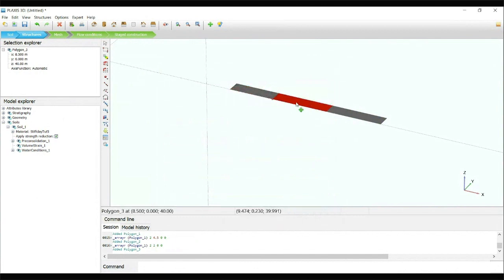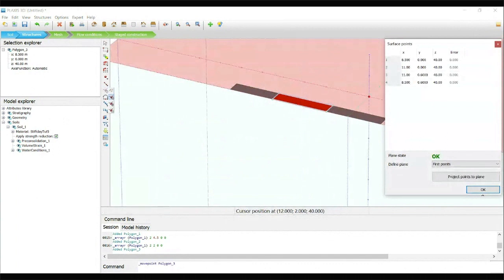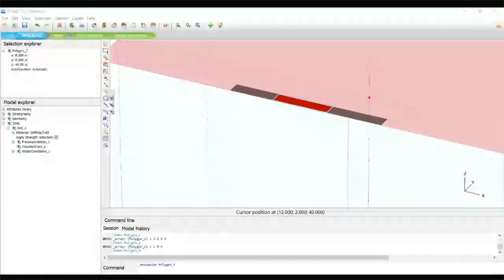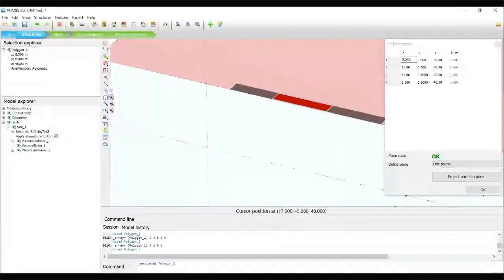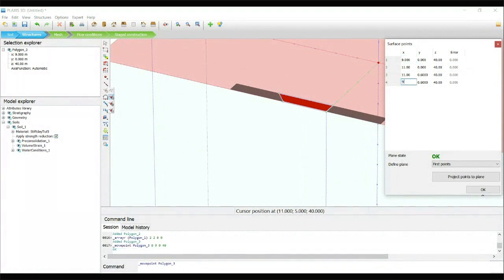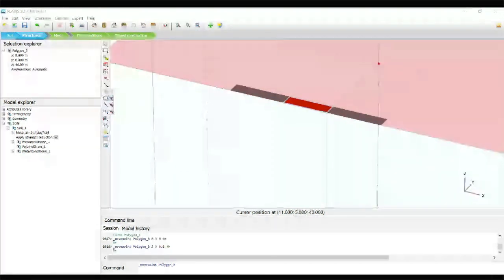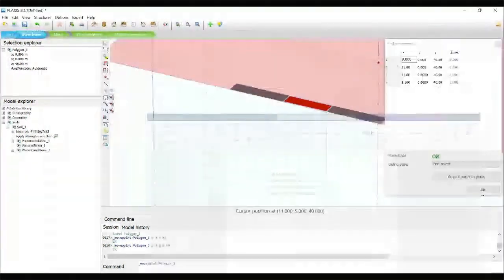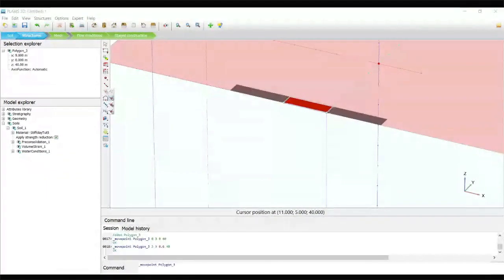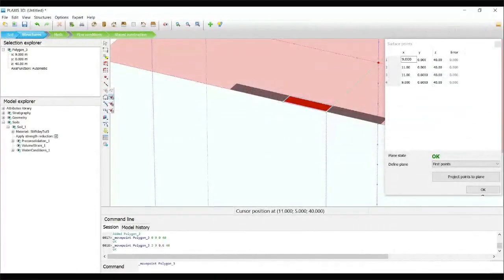And then if you double click the surface, we can edit. Here you have the option to edit, you can modify. Okay, so I changed to 9, and also this point also 9. So now I just modify 9, 0, 40, and then 11, 0, 40, and 11.6, 40, and 9.6, 40.